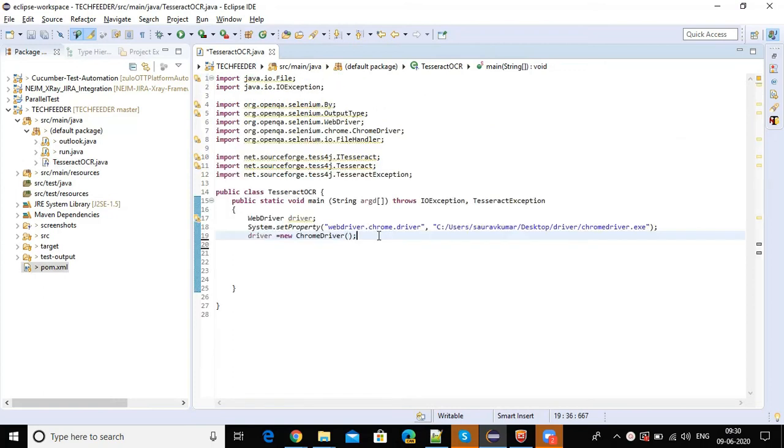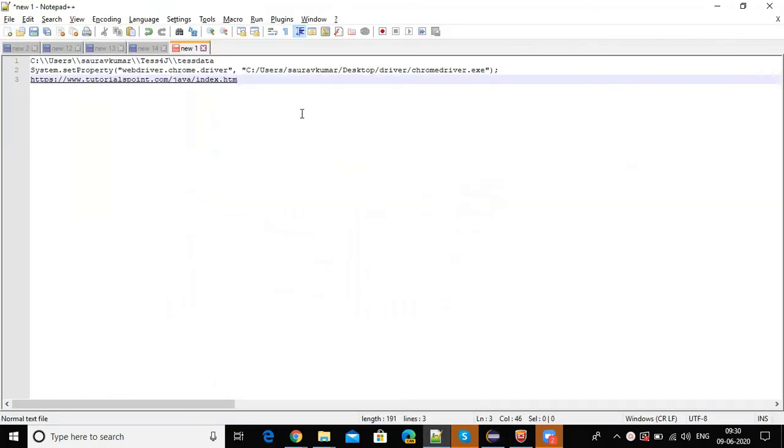What we will do is navigate to a site to take a screenshot, to extract the image from that screenshot for a particular element. So driver.navigate().to, suppose we navigate to a particular Tutorialspoint site.